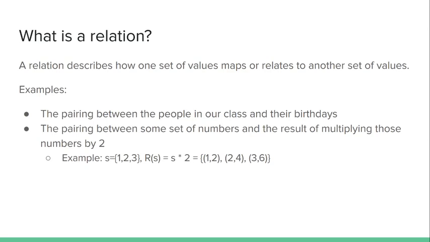A relation simply describes how one set of values relates or maps to another set of values. Relations create pairs of values, and those pairs of values will be related to each other according to the relation definition. So some examples are the pairing between people in our class and their birthdays, for example, or people and their pets. So each person in our class has a birthday, and so we could create pairs of values where the first value is the person's name and the second value is the person's birthday,